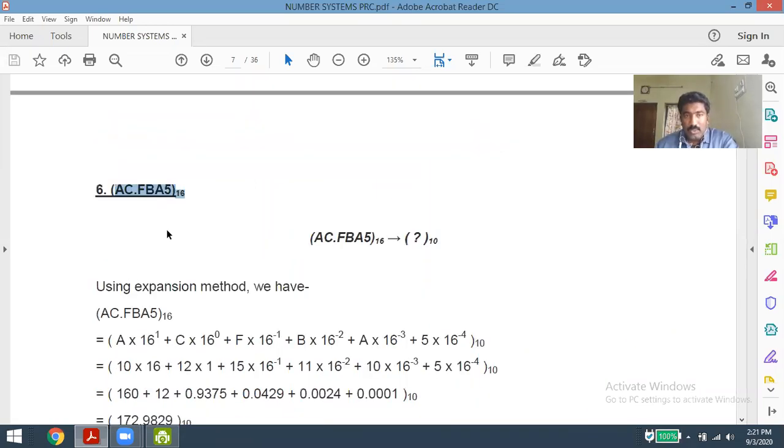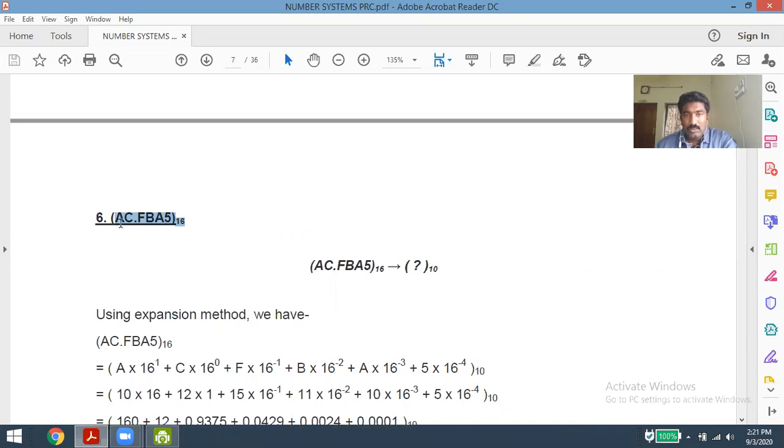I'm having all the problems in the form of only positive values. Why is there no minus here, no minus values? Because there are no minus values in our number systems, in binary or octal or any hexadecimal formats. There is no negative value in binary. So all we want to perform is in the form of only positive representation, positive signs only. So don't keep minuses or any other plus or minus here.